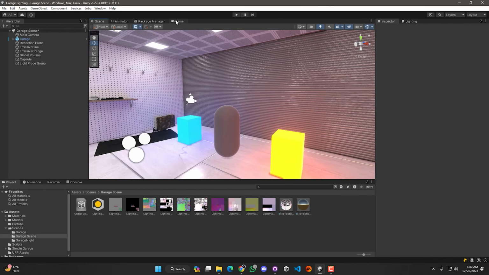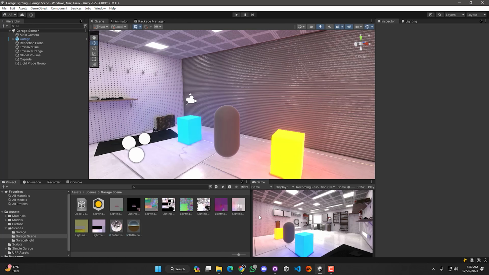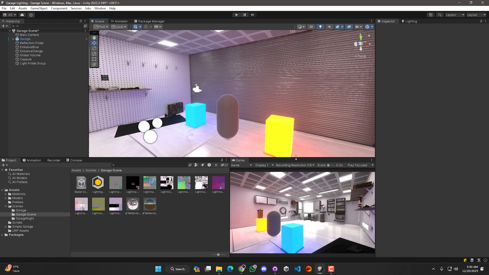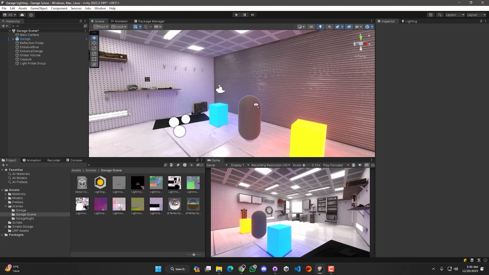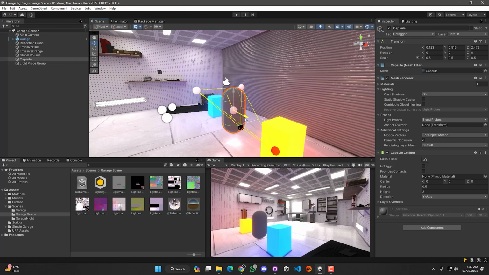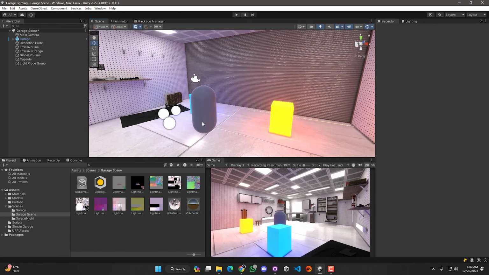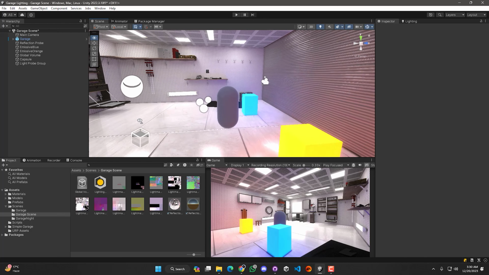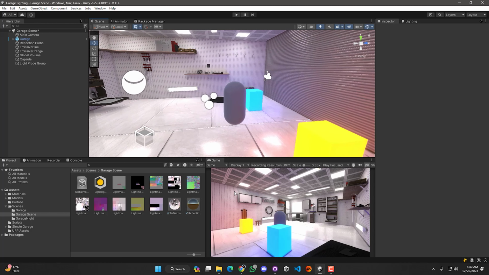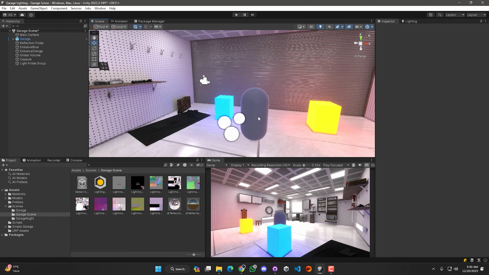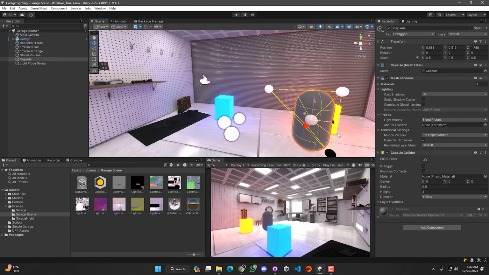If I now compare the game view and the scene view from here, now we can see both sides at once. Now I'll move this object here. So you can see from this side it is having a little bit of white light, and from this side it is having a little bit of yellow light, and from this side also you can see it is having blue light because it's nearer to the blue light source. And if I move this to here,